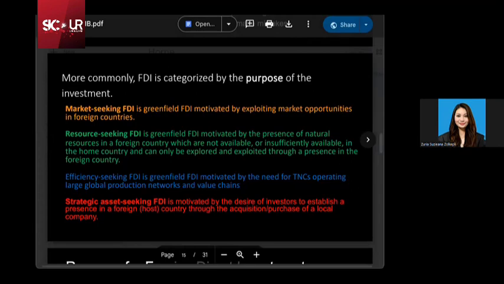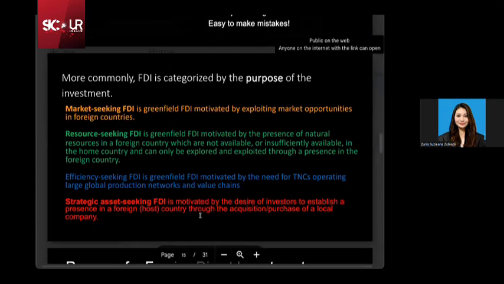All right, so this type of strategic asset seeking FDI will not be greenfield. This is more towards merger and acquisition. Because why? Okay, through the acquisition. This is suitable for merger and acquisition because, like I've mentioned to you, one